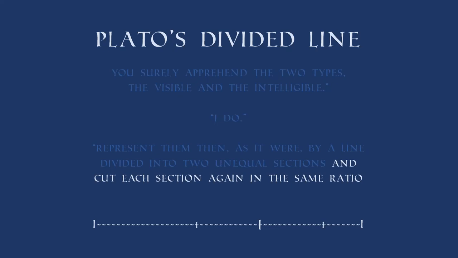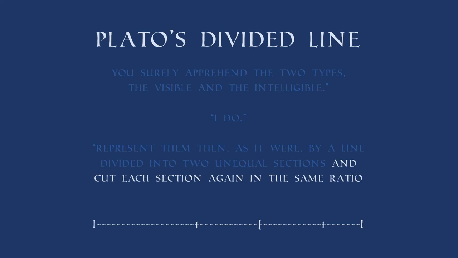Now, a really interesting part of this mathematics, which I'll come back to in a little bit, is that whichever unequal division of the line you use, whether it's the golden ratio or any other division, you're always going to end up with these two middle parts the same length as one another. Now, there's something significant in that, which I'll talk about in a second. Now, back to the general thing that's talked about with this line.